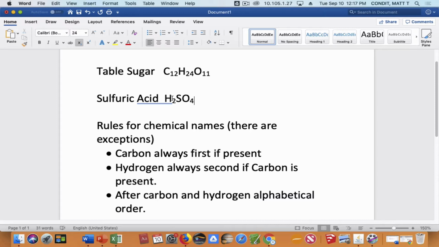We're not going to really be concerned right now with whether you can write an absolutely perfect chemical name. Here's what we will want you to do. We will want you to be able to identify the atoms that are present and the number of them that are in the total molecule. Okay? So,